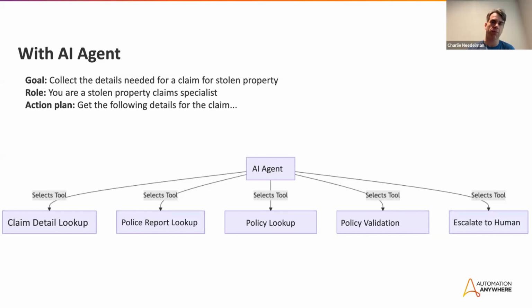In fact, you'll see that in the demo. There's nothing I did that told it which tool to use when. I just told it what each tool did. I told it what it needed to do, and it figured out what order to call the tools in. And this is essentially the same as what you saw earlier. It's just the agent is making those decisions on what step to do next.